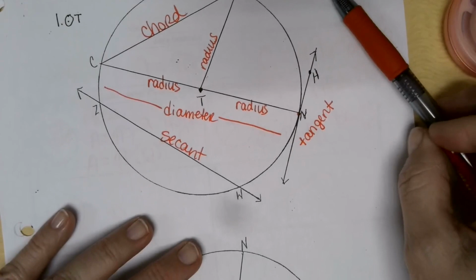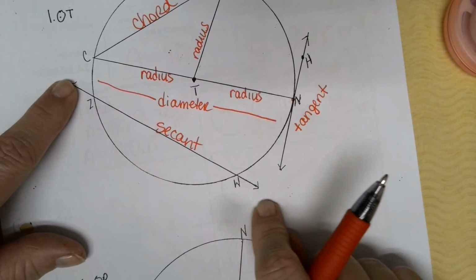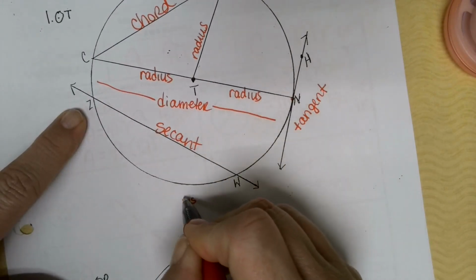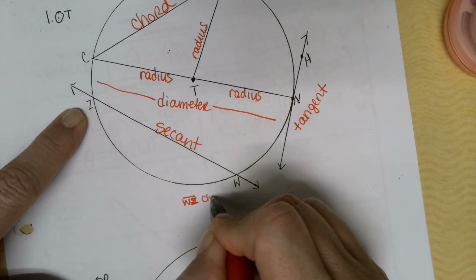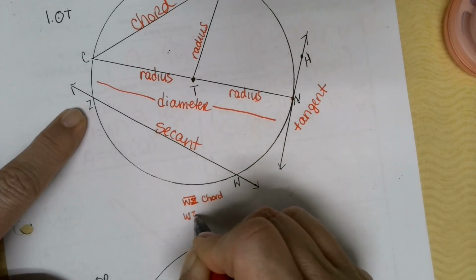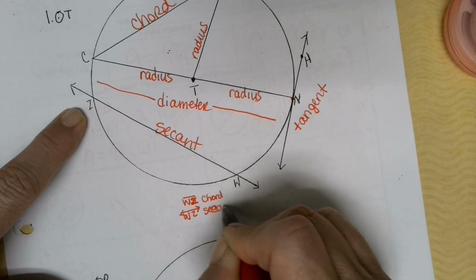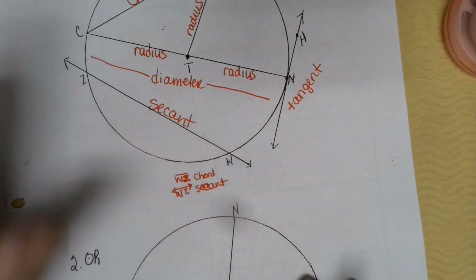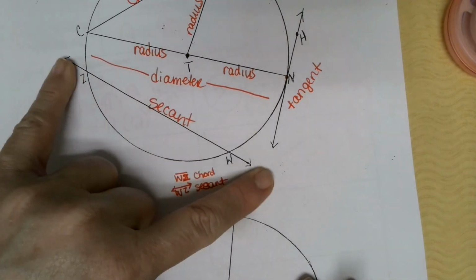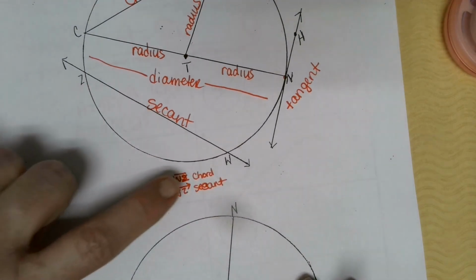And I do want to bring it to your attention that a secant has a chord in it. WZ with a segment above it is a chord. And then WZ with a line above it is a secant, S-E-C-A-N-T. So just know that the definition of a segment is part of a line. So because a secant is a line, a chord can be inside that secant as the segment. Okay, so it all matters about the notation. All right, in our circle,